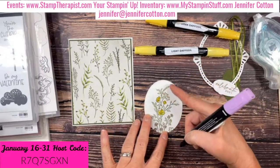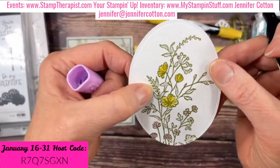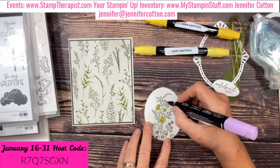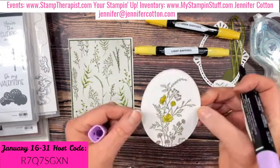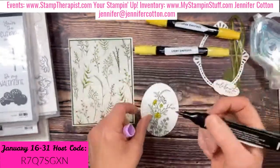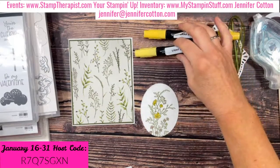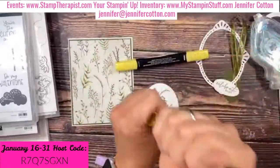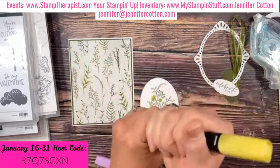I didn't color the little berries or seeds or whatever these are. They might be leaves on these images. I did not. I just colored a few of the flowers that stand out, Fresh Freesia. And that's all I did. Oh, right, I did miss a flower down here at the bottom. I just caught, depending on how you stamp it, the corner of another